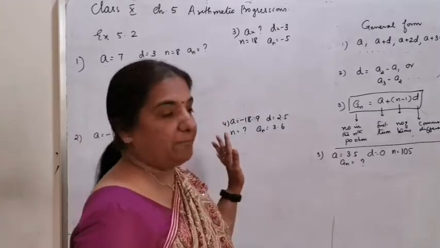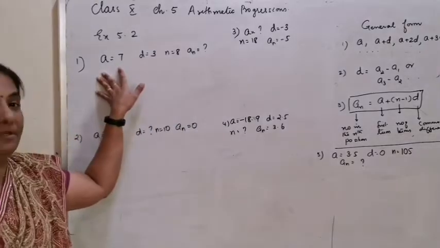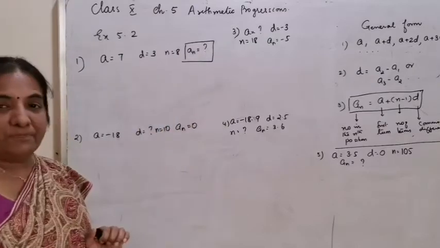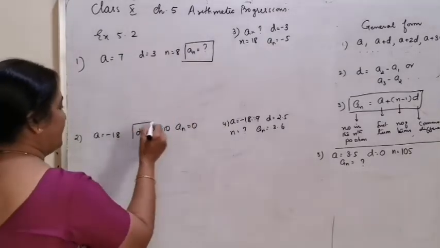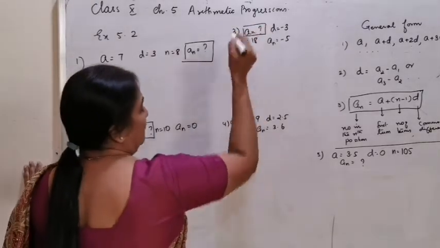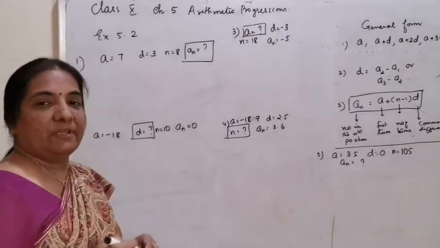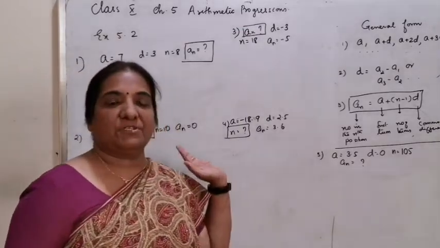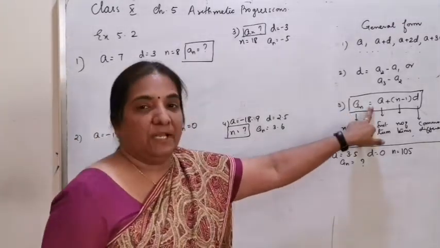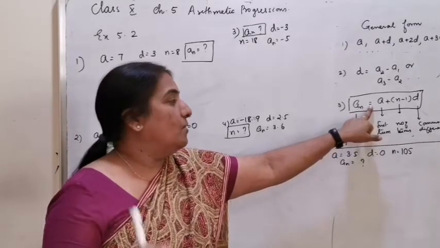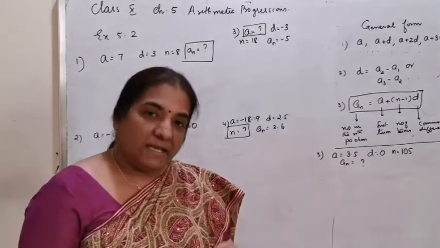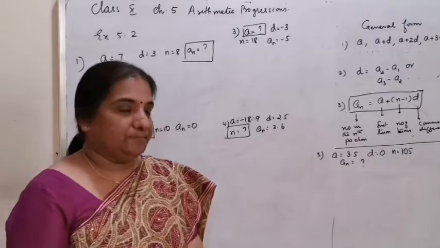That is very, very important. Now, from question number 1, you can understand that in the first subdivision, an has to be found out. In the second subdivision, the common difference has to be found out. In the third one, a has to be found out. The fourth one, n has to be found out. So, if we work out all these 4 subdivisions, you will know the pattern of working out the problems using this formula. The only thing is, you have to identify the values of an, a, n and d by reading the questions, from the second question onwards.